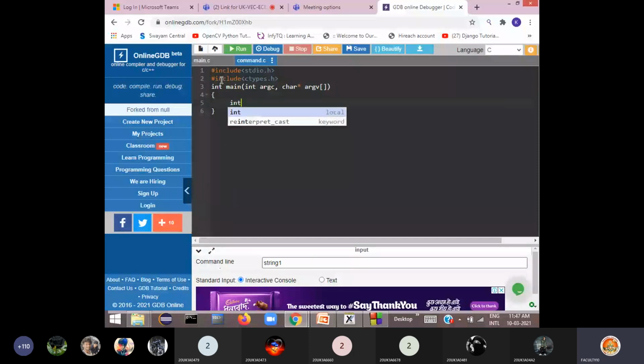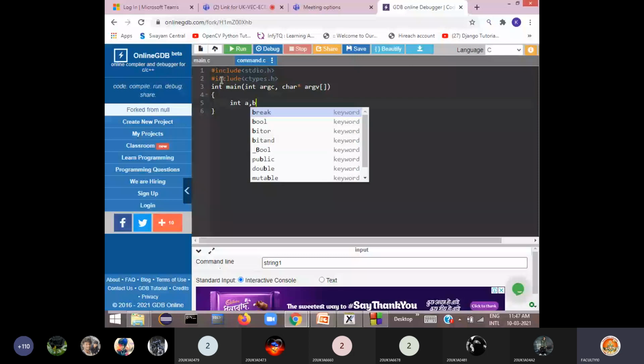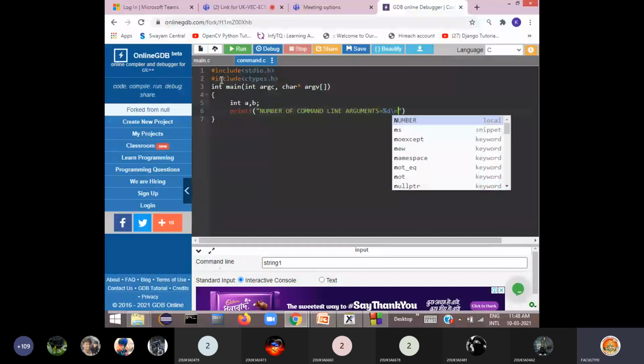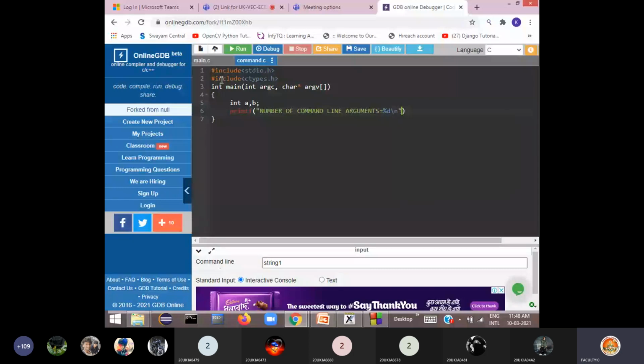I am declaring two variables here, int a comma b. Then I am printing the number of command line arguments passed. So printf number of command line arguments is equals to %d, new line, comma argc.